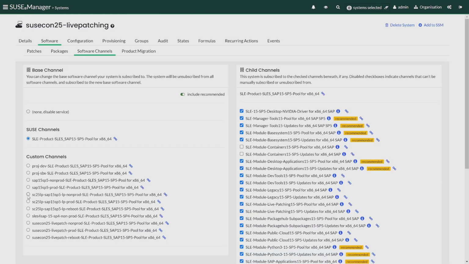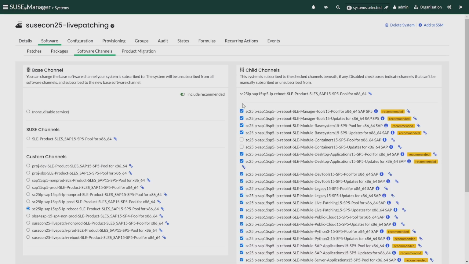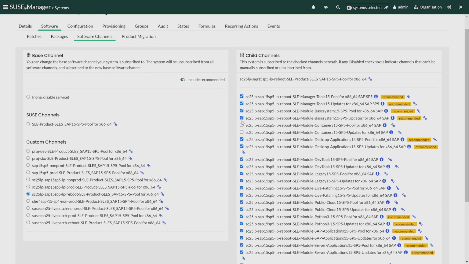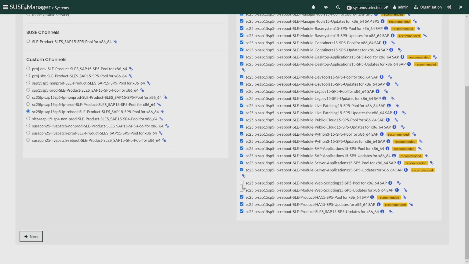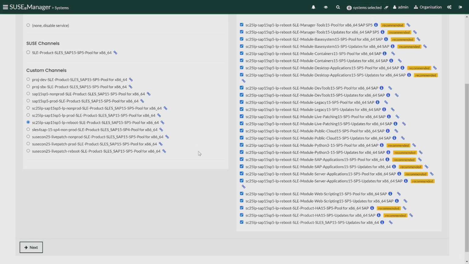This is the system view in the web UI, specifically the software channels page. Here you can manually assign your channel selection. As you can see, there are base and child channels that correspond to our CLM builds. This assignment can be done manually during registration and can also be done en masse via the System Set Manager. The goal is to set the channels and change subscriptions as little as possible. The content in the channels themselves change as we build and promote, but the channel configuration on the systems should